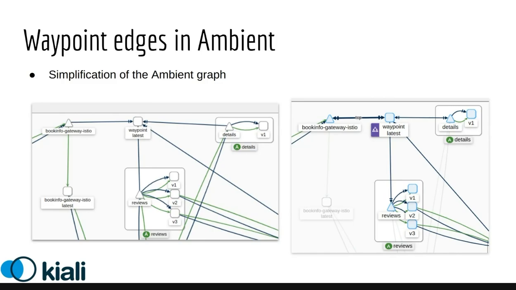And on the left we have an image of how we previously visualized it, but it did not really correspond with the traffic or the direction of the traffic, because usually the waypoint is an element which is in the middle and it receives traffic, but it also sends traffic. And in order to simplify this graph, as now with ambient we have edges from different layers and the graph is getting quite complicated, we introduced this new element that hopefully reduces this